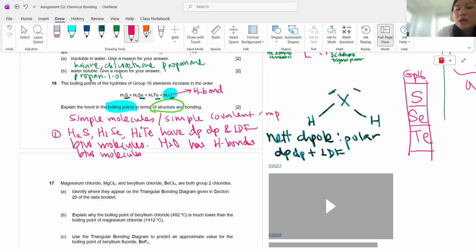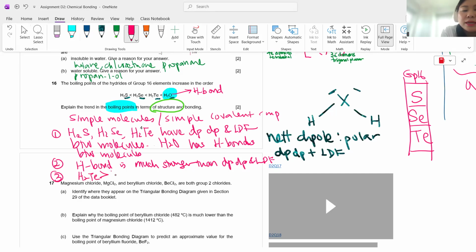Okay, so we can compare them first. If you want, then you can say hydrogen bond is much stronger than the dipole-dipole and the LDF. So that's why water is the highest. But we still need to explain the difference between those few, which have the same dipole-dipole and LDF. So then we bring in that